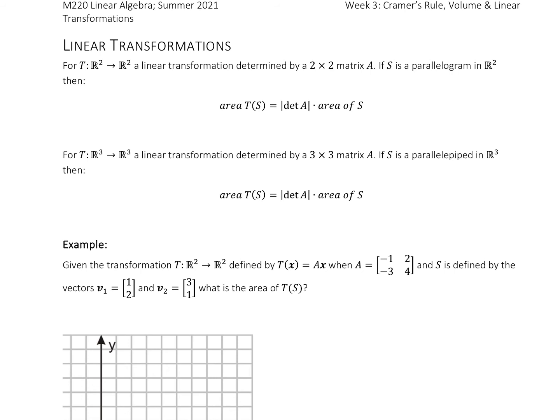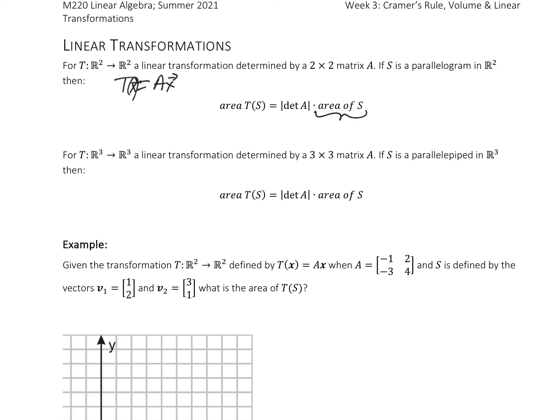If I have a 2 by 2 matrix and my transformation, where we have AX equals B, transformation of X is AX. The area of this transformed parallelogram is equal to the determinant of A times the area of